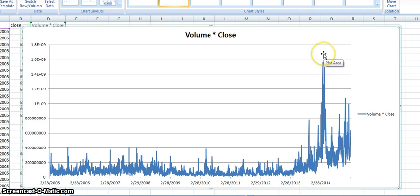Well, now the question remains: would someone be interested in putting money in when the volume times the close is like this, and also with the market that has gone up 400-some percent with the IBB in the last 5, 6 years? And if you look at some individual stocks in that sector, they have gone up over tenfold, especially some of these cheaper stocks that no one's heard of or no one talks about. So the question is,